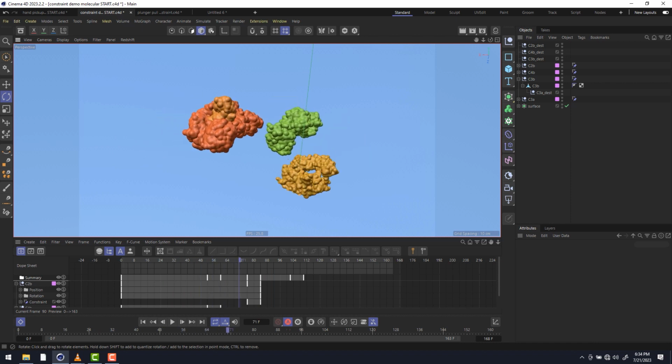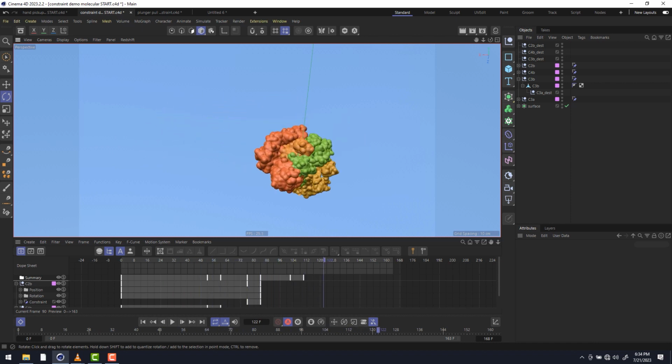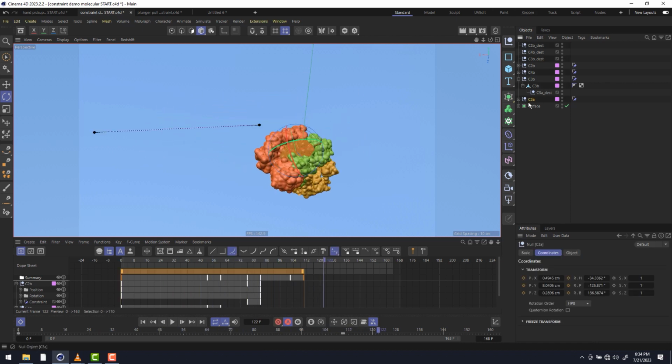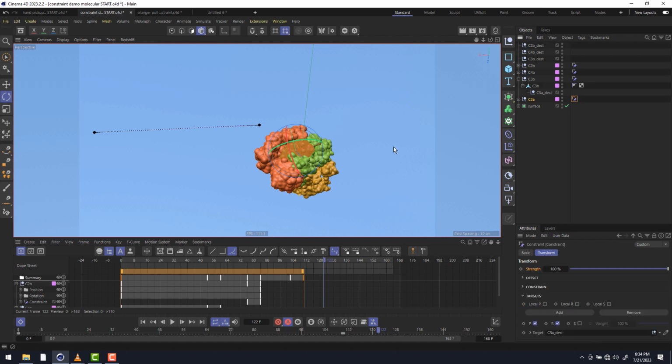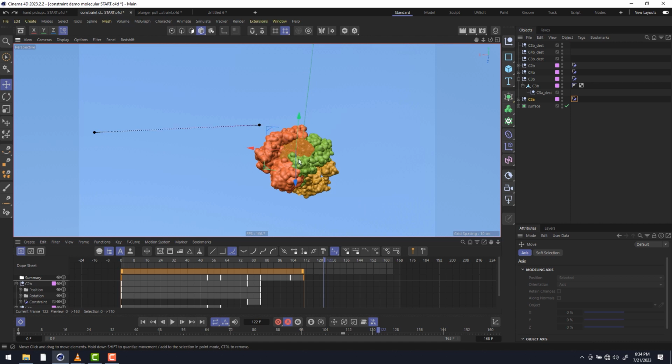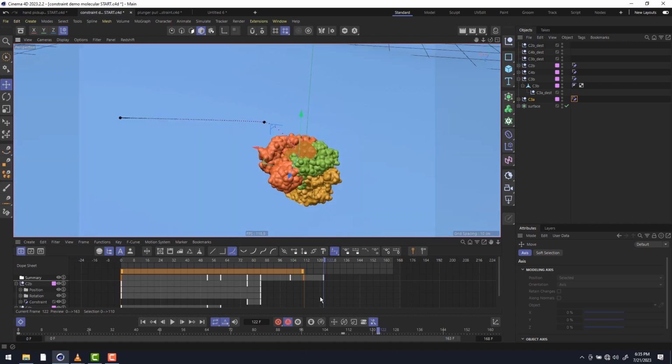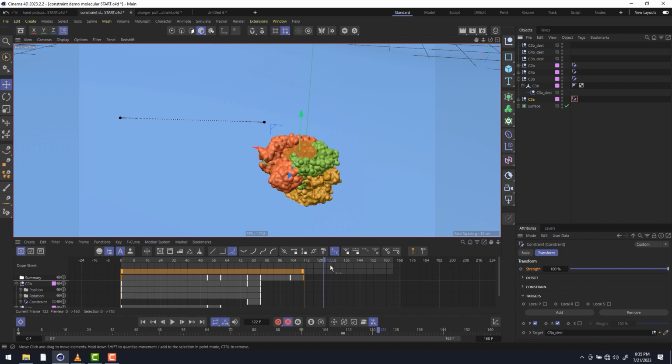But now what we have to do is reverse the keyframes, because this is the part that gets cleaved. When you've got the constraint set to 100%, if you go to move this object, nothing moves. C4D thought I was trying to move it, and so it set the keyframe automatically on me because I'm in auto key. But anyways, what we have to do now is reverse the keyframing that we've been doing. So instead of going from 0 to 100%, I'm going to go from 100% strength down to 0%